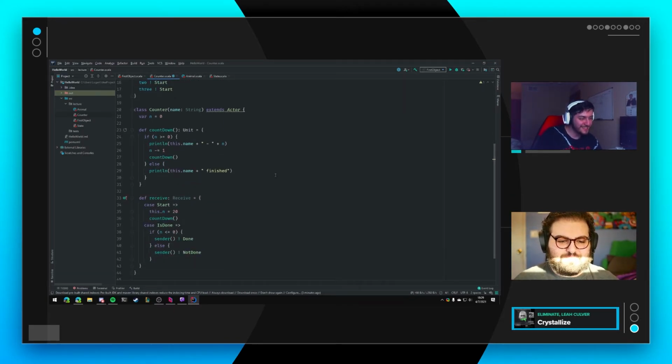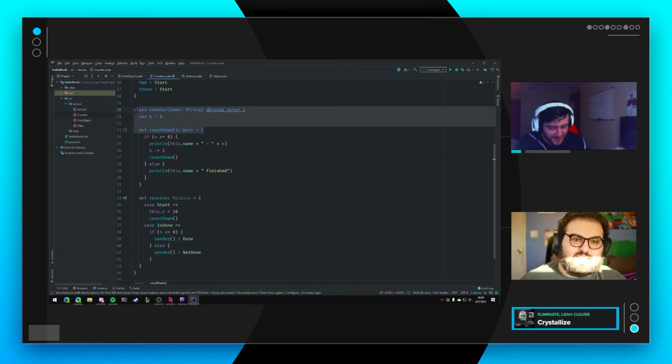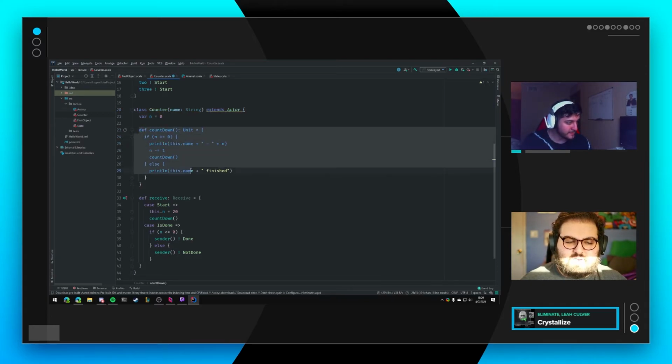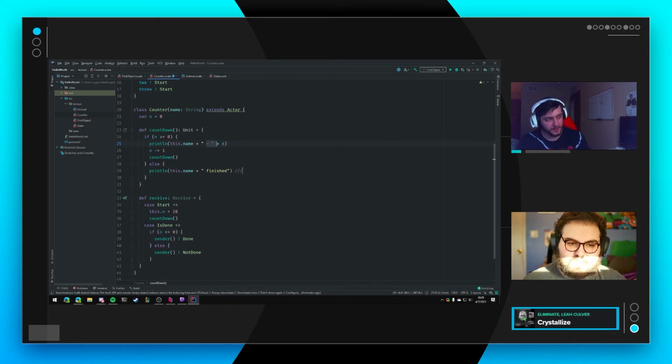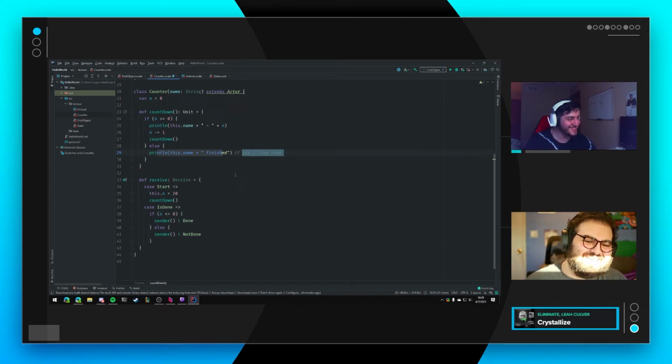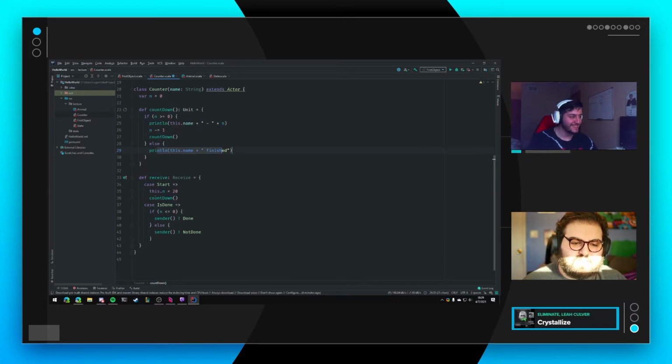Okay. So, for example, this counter class is a type of an actor, right? We're going to count down with the unit, basically. If our n is greater than or equal to 0, we're going to subtract 1 from the n. We're going to say whatever the name of this thing is minus n at what time, and then we're going to print when it's done, aka it got to the end. Thanks, Leo. And our receive method is going to start with n equal to 20. We're going to count down. If we're done,